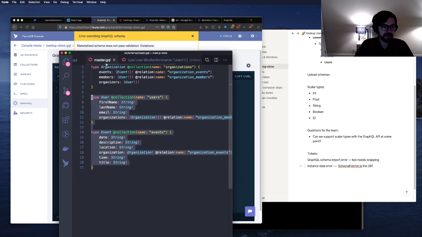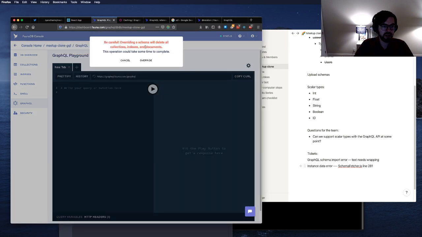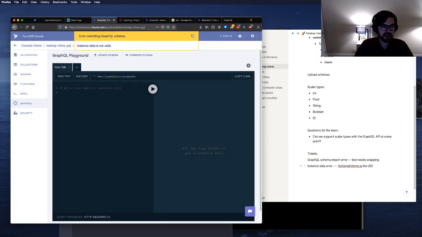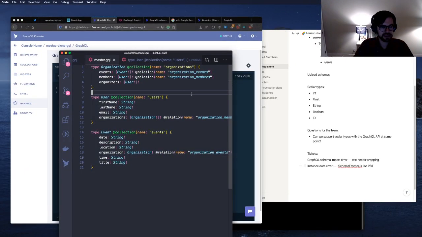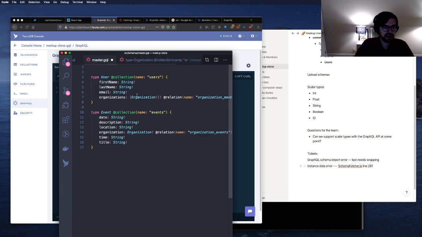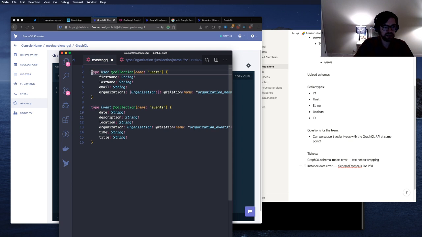You know what I'm gonna do? I'm gonna try this one more time. I'm gonna override it, because last time with the instance data thing, I think it was that instance data is not valid. Okay. Let's start with... so I'm just going to do this because we know that these two